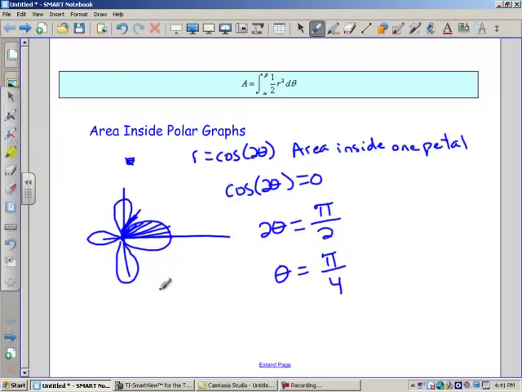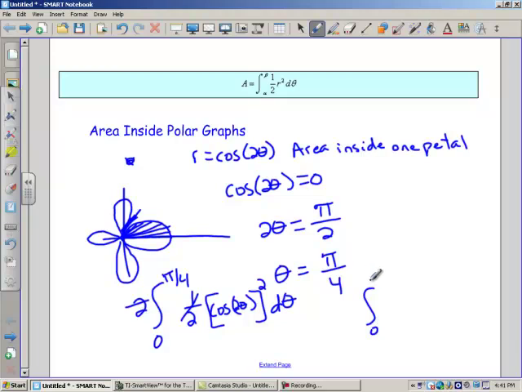So what I'm going to do is integrate between 0 and pi over 4 of 1/2 r squared d theta. But that's just going to be this upper half of this petal. So I'm just going to double that, and that will be the area inside one loop. Of course, the 1/2 can come out in front of the integral, and I can just do the integral from 0 to pi over 4 of cosine of 2 theta